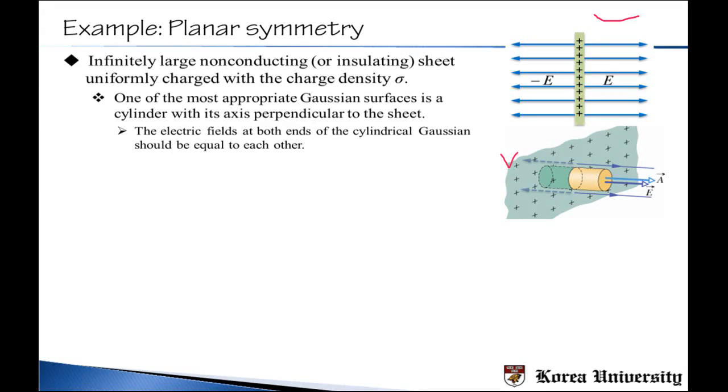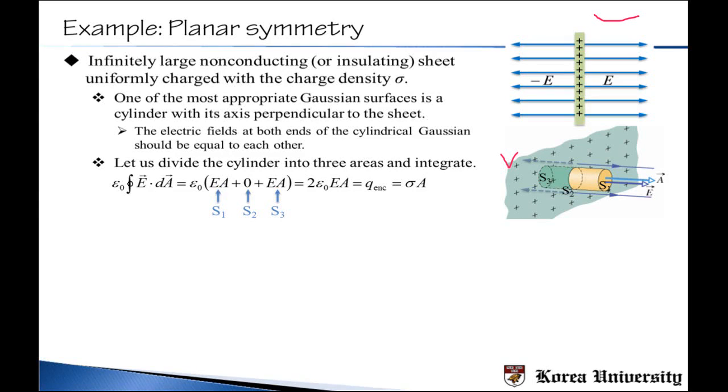Okay, so if you choose the Gaussian surface to be cylindrical in shape, now you can think about it as a collection of three different surfaces. The S1 on the right side, the top of the cylinder, and then S2, which we call the rounded sidewall of the cylinder, and S3 will be the other side of the cylinder. Okay, and so what we are doing is an integration of the electric field over the entire surface. Doing it over the entire surface means that we can divide into three different surfaces